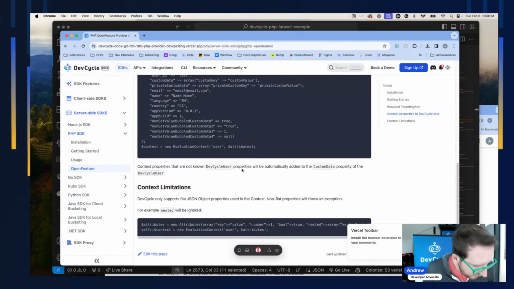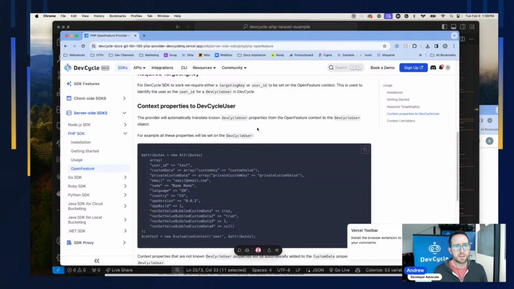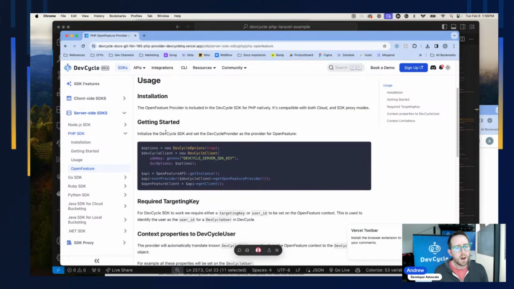All right, I don't think we're even dealing with JSON objects in here. It's all right. We're not going to worry about if it's going to break. That's what this stream is all about. If we only get to Laravel today, that's all we get to. OpenFeature provider, include SDK natively. All right, let's pull this in. Let's head over to